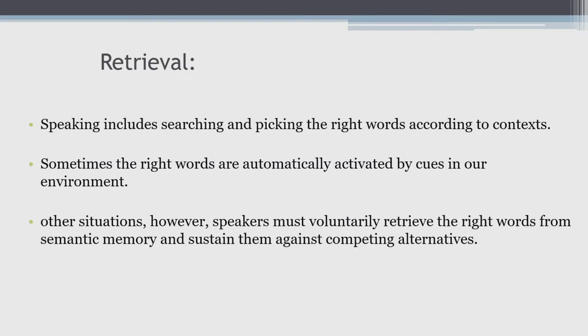Word production has various types. Now, speaking itself includes searching and picking the right word that is appropriate for a particular given context that we already have discussed before. So, sometimes the right words are automatically activated, as we have just seen that the children went out to play, it is automatically activated, the word play is automatically already there for you to be used, to be retrieved. However, in certain situations speakers must voluntarily retrieve the right words from semantic memory and sustain them